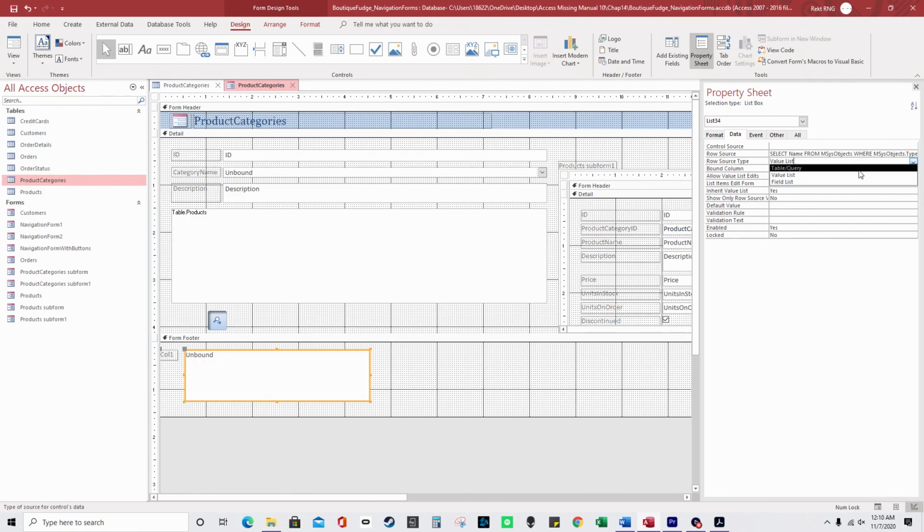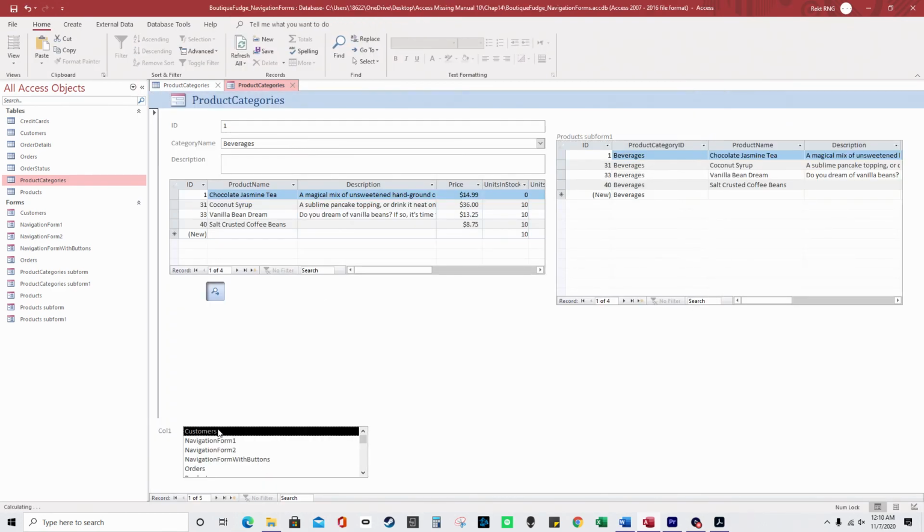And I'm going to switch this to table query. And I'm going to switch to form view. So what I just wrote there was the select query, and it selects all of the customers, navigation, and it selects all the forms, and it puts all the names here. It doesn't actually navigate to the forms or open the forms, but when you